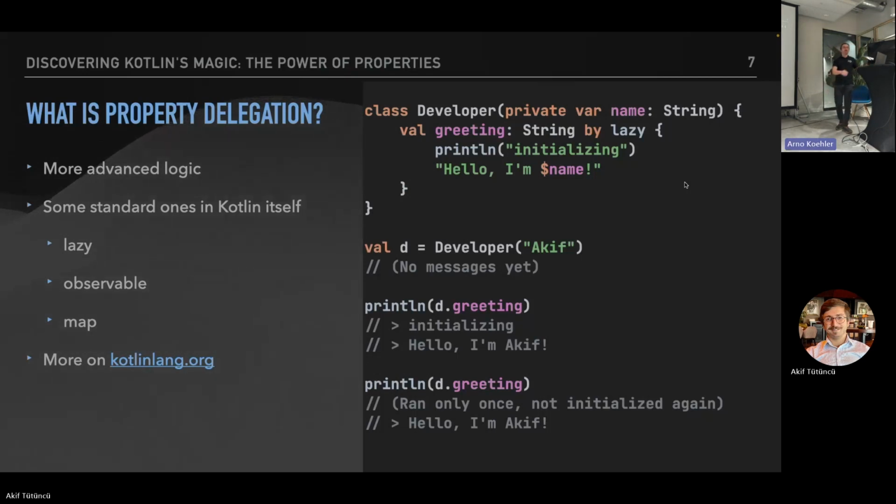Clear so far? Please stop me if you have any questions. I have a question. How do I see from this code that only the print line initializing is lazy, that only that part is executable? Yeah, because what you need to do for delegation is to give it an object that implements certain interfaces,